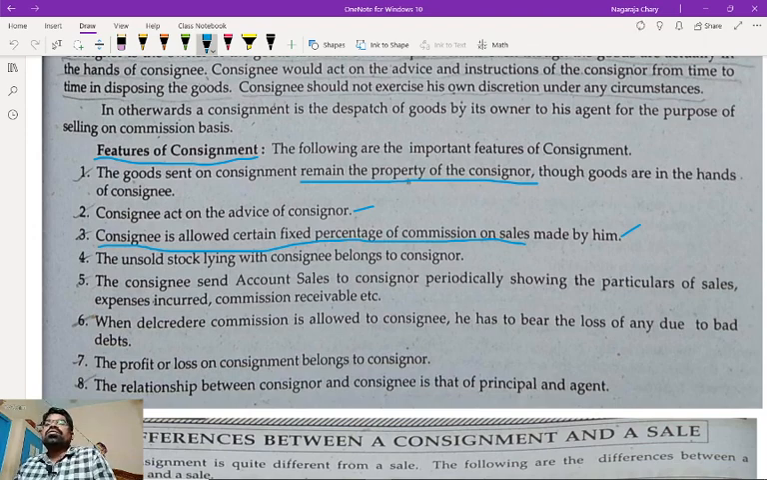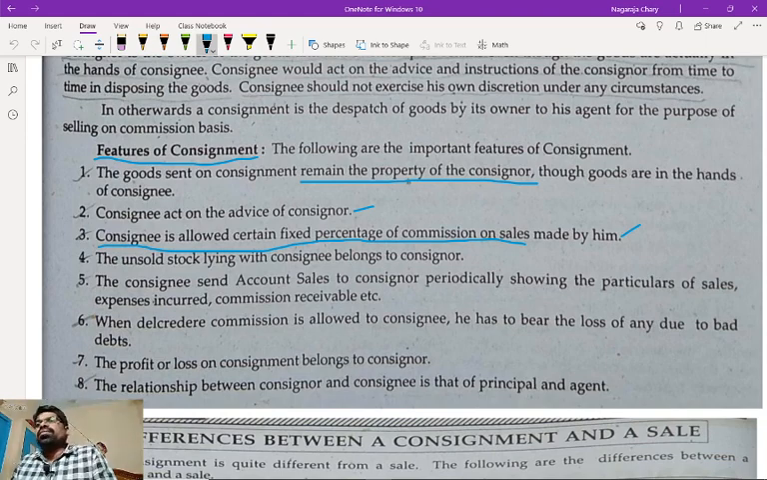For what purpose is he working? A fixed percentage of commission, which is decided by the consignor. The unsold stock lying with the consignee belongs to the consignor. Whatever unsold stock is there belongs to the consignor only. Next, the consignee sends account sales to the consignor periodically, showing the particulars of sales, expenses incurred,